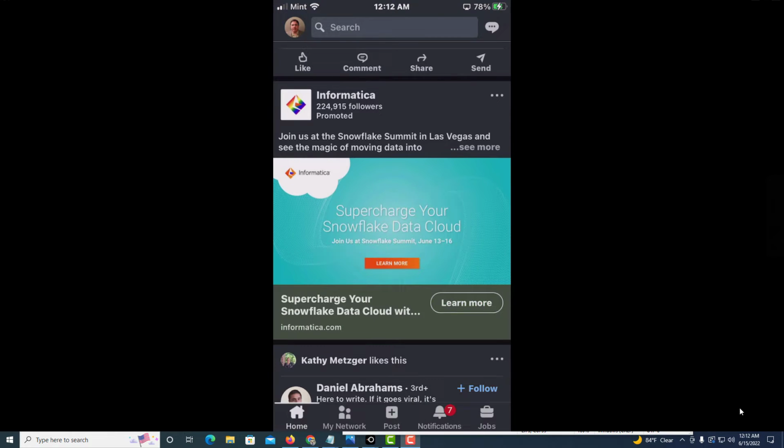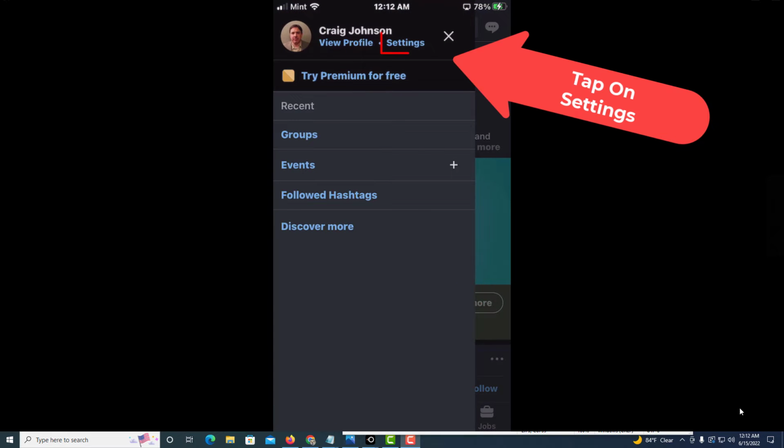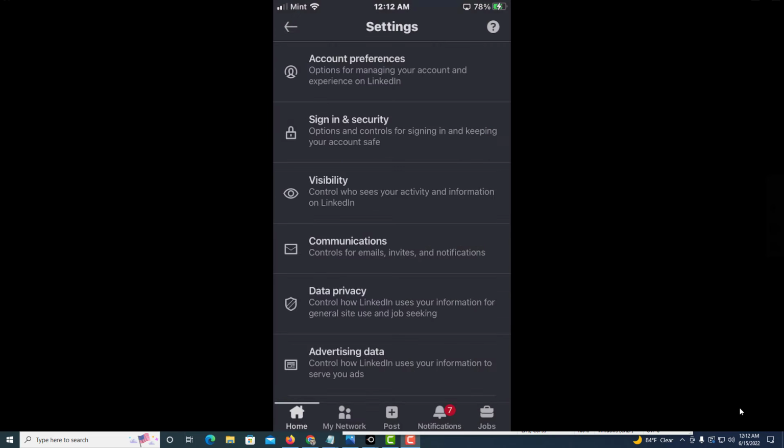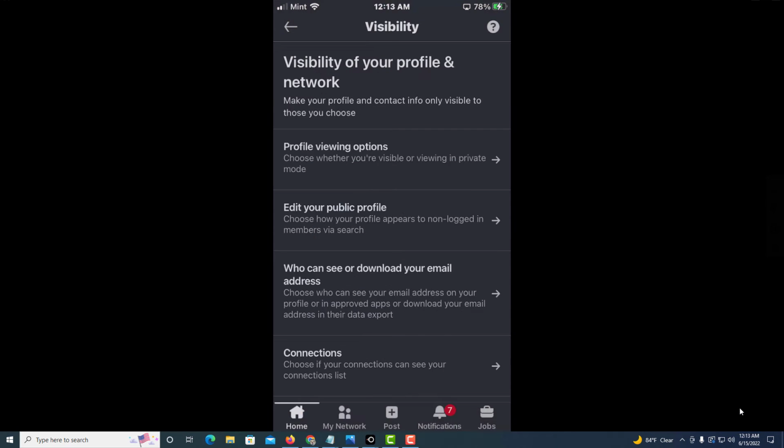To turn off profile updates, first thing you'll do is click on your profile icon up in the upper left hand corner. You'll tap on it. Then you'll tap on Settings. Now you will tap on Visibility. And then you will scroll down